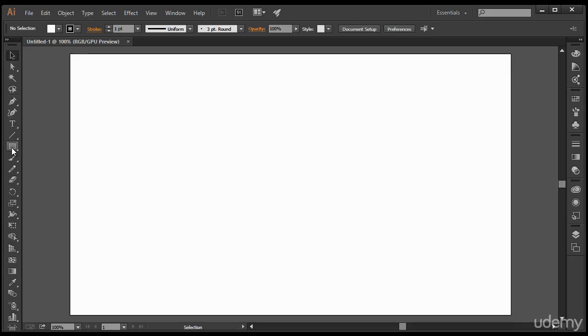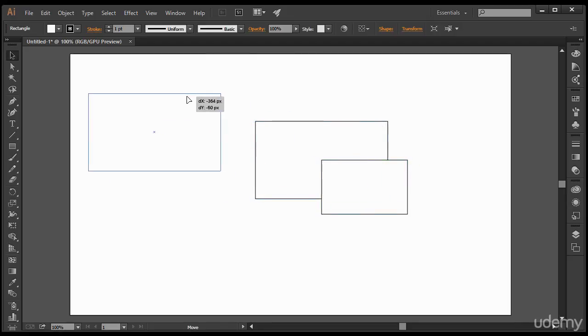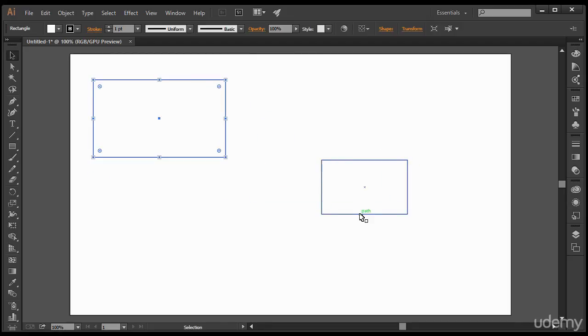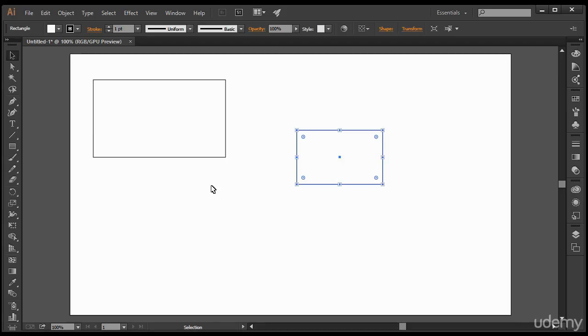For example, if we have an object here, how can we move this object? Of course we can't move it because we have this rectangle. If we try to move from here, you see we can't move it. So to move these objects we will use the selection tool. We can select our objects and we can move them wherever we want. So this is very easy. And the next